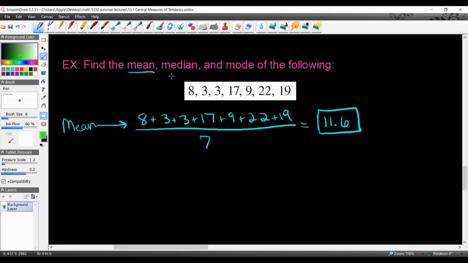All right, so that's the mean. Now we're going to do the median. The median would be the middle number, so we're going to put them in order. So we have 3, 3, 8,